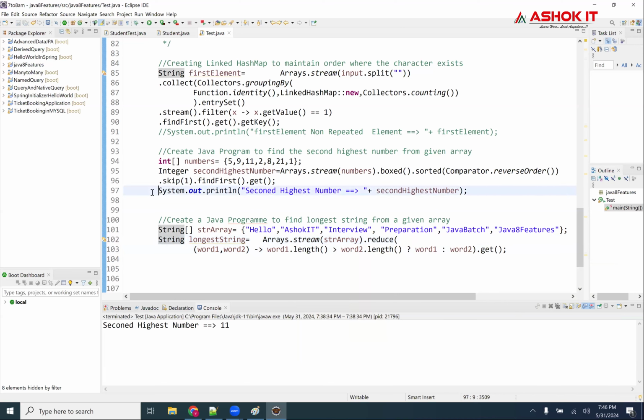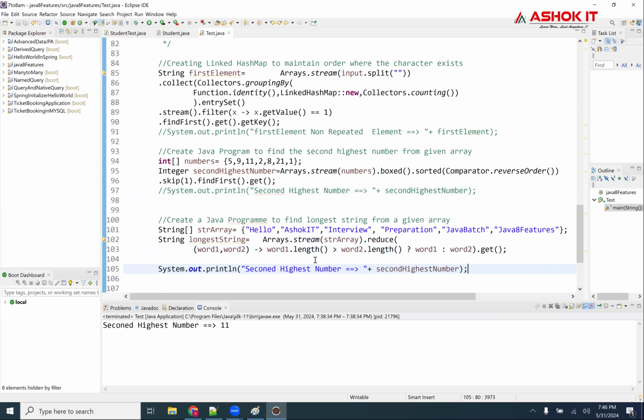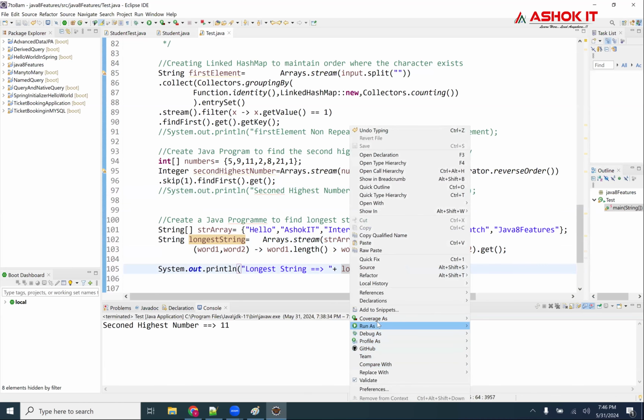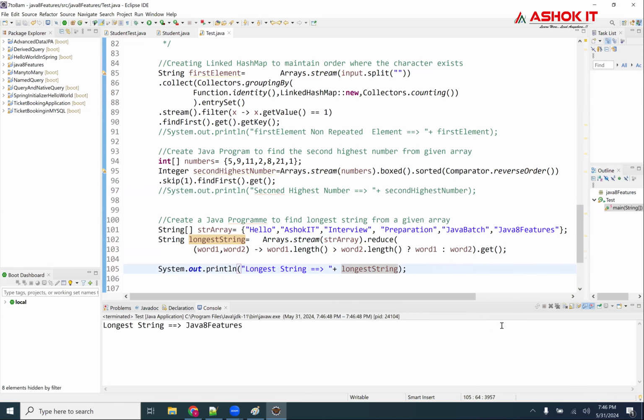So what I'm going to do here is store it in longest string, which is equal to the longest string. Now we'll see. Yes, you saw here.